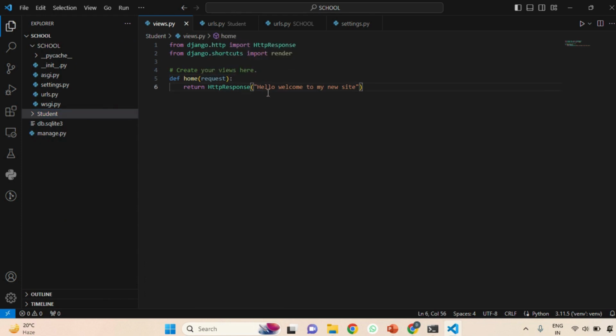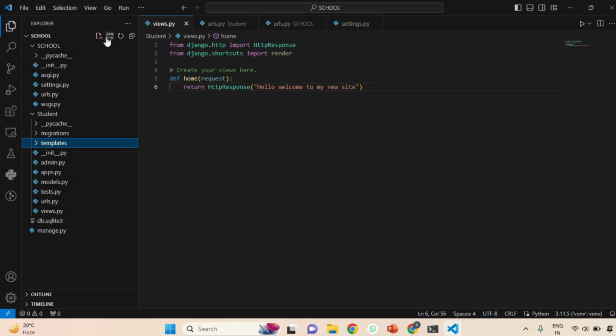By default, when we are rendering templates, Django looks in the app folder, the app which has our views, like the student app views. So in the student folder you just need to create one folder called templates. If you create an HTML page directly inside this templates folder, that is fine. It is also recommended to create one more folder inside templates with the same app name. I'm giving student, because this is one more folder we are creating,